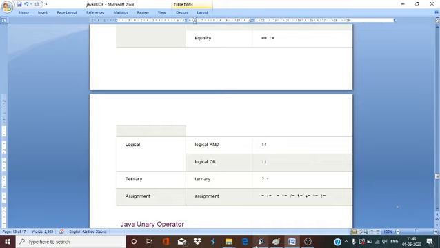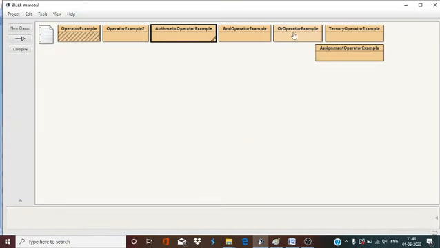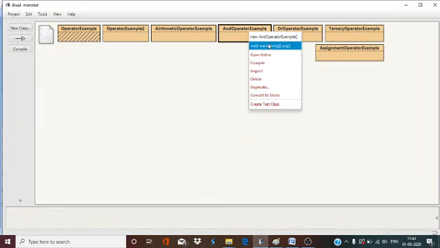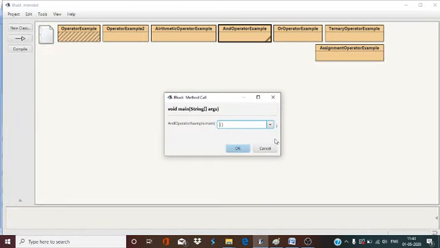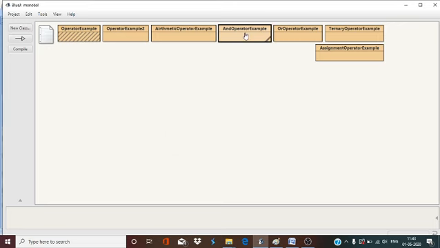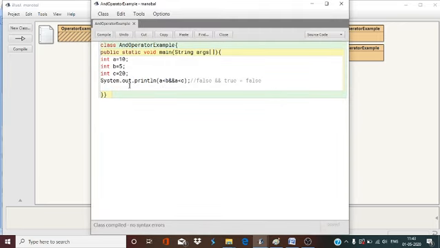For example, I will show you in BlueJ so that it will be clear to you. One minute, let me open this class, the operator example. Public static void main. I have taken three variables a, b and c. Now a is less than b and a is less than c.